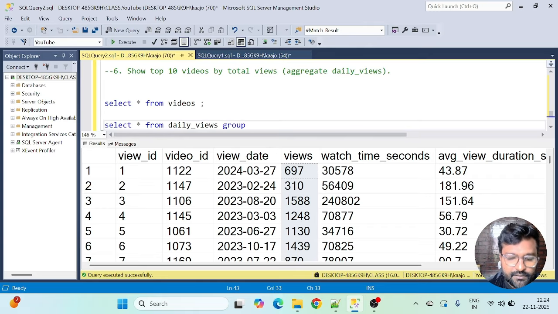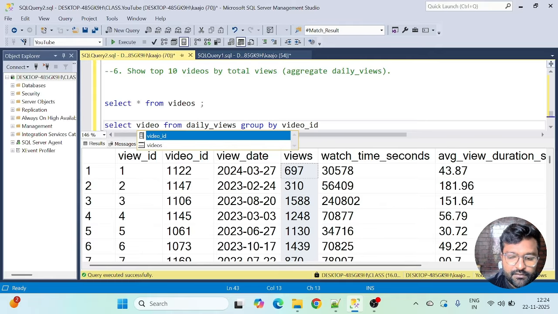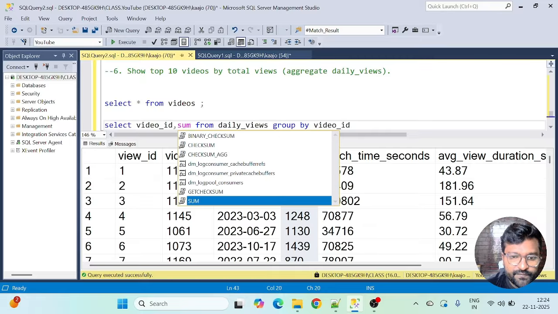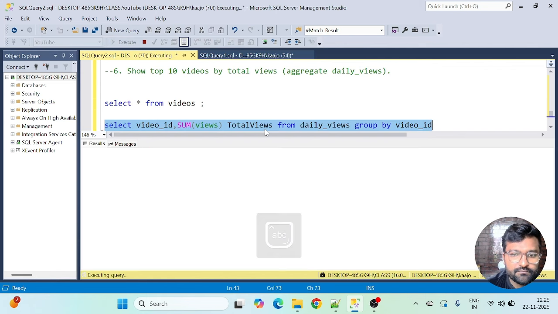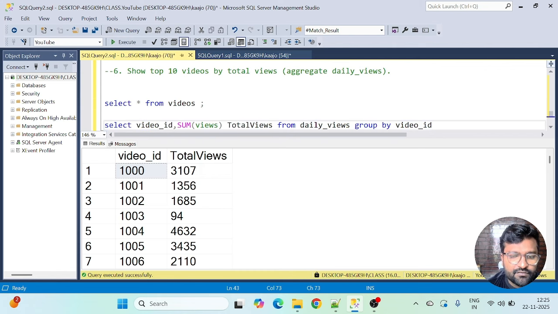Let's group by video ID here, get video ID, and then take the sum of views, and let's alias it as total views, right? Okay, so this is what we have got.